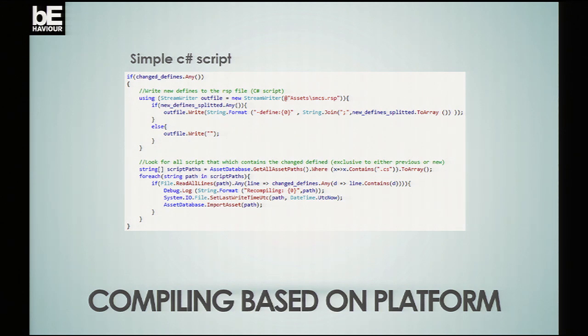So you check if there are any differences in the defines, and then you dump the stuff inside the smcs.rsp with a semicolon inside it. And then you just parse your solution for the CS files. The only thing you have to do is find, oh, is my C# script having this define inside it? Yes, okay, I will just re-import it, and it forces a recompile.